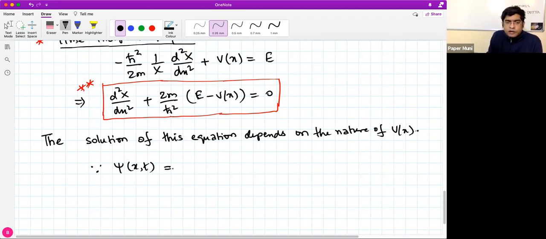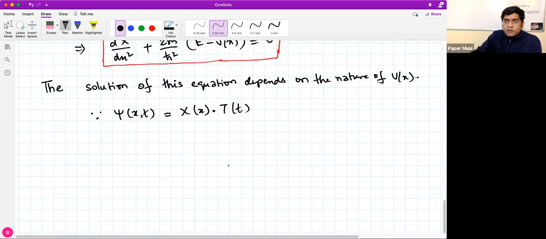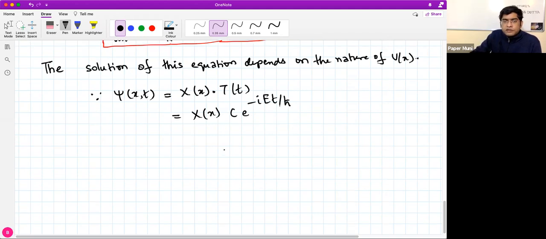Now if I try to conclude whatever calculations we did, we have split this wave function to solve this partial differential equation. We have split it into a product of two functions, one a function of position and the other a function of time. Now we do not know the form of the position part, so the total wave function can be represented in this format for any type of potential which is independent of time.